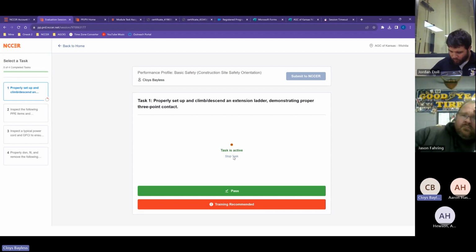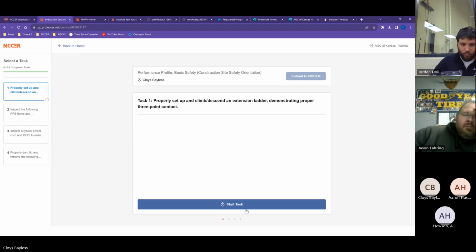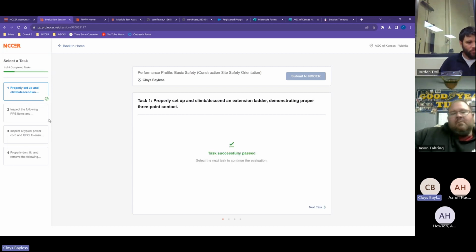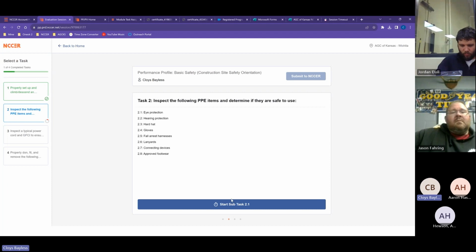Then you say stop the task. And did they do it? Yes. So I pass them or I don't. If you don't pass them, you're done. You don't need to do anything else because, as we know, they have to complete everything at pass or fail. So he passed it. Then we're going to go to the next task and do it.